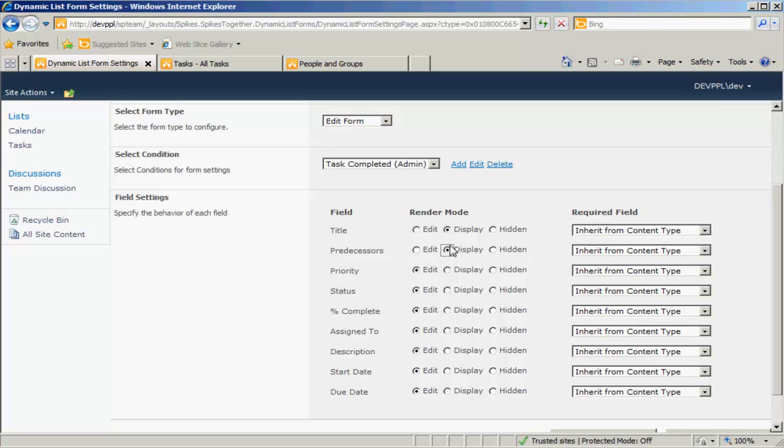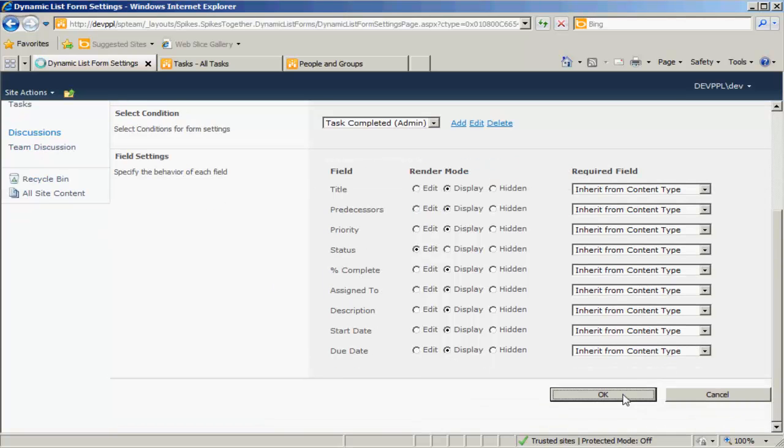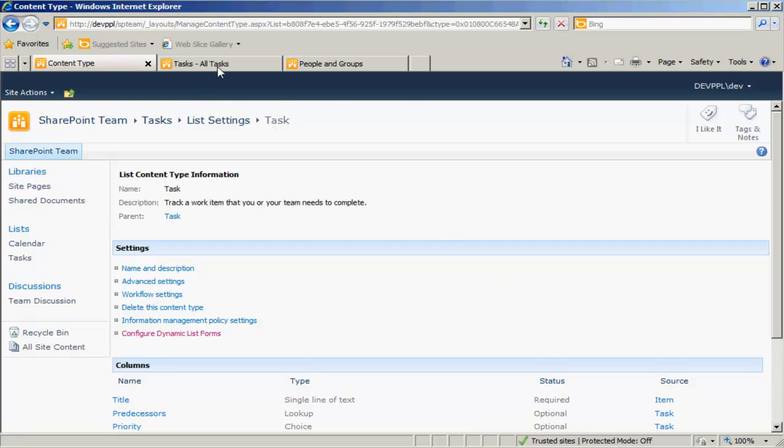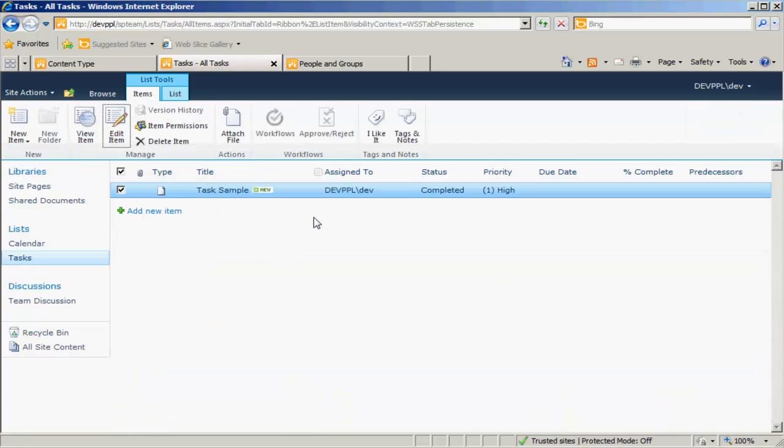We're going to set all fields to render mode display except the status field. So by this rule we actually specify that if the task is completed but the user is a member of the administrator group, then he is allowed to change the status field. So let's save this one. Okay. So if you go back to our task list and we're going to edit this task,